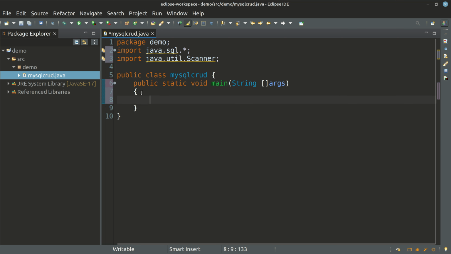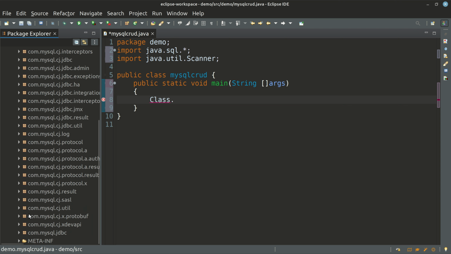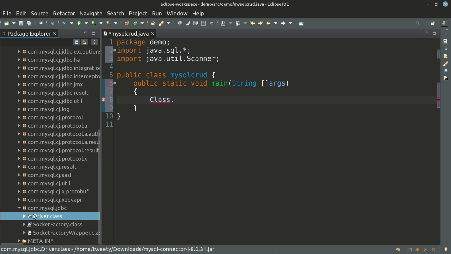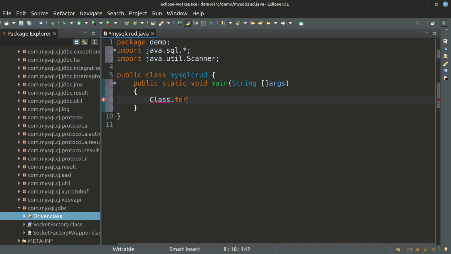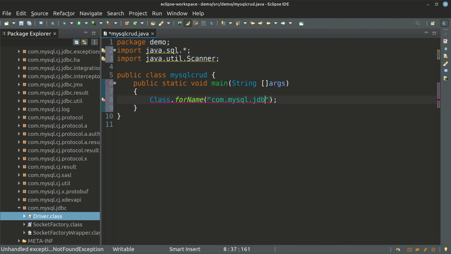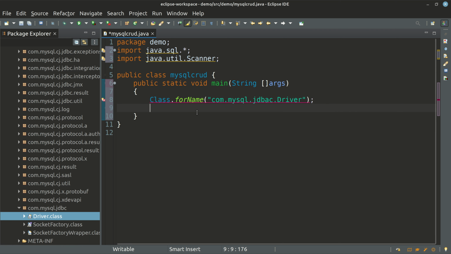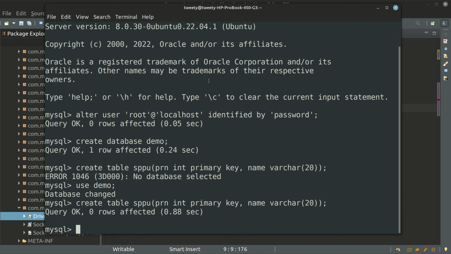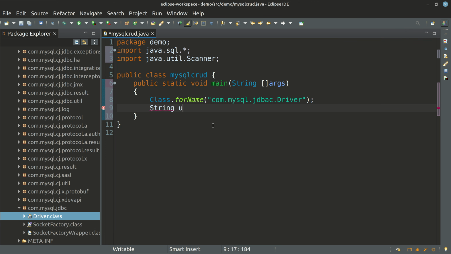And inside the main function we'll firstly have to connect with our database. So for that, in the reference libraries you can have a look, we'll require this package, com.mysql.jdbc.Driver class we'll require. So that is what we are going to mention over here. com.mysql.jdbc.Driver. Then we need a connection URL, and we need our password and username. So over here I've given the username as root and my password is password. So that is what I'll be defining over here. String user is equal to